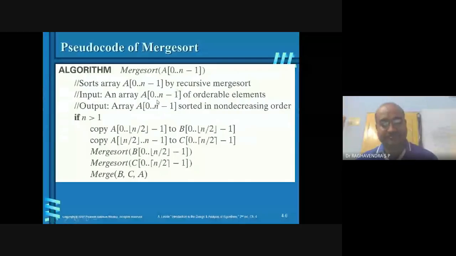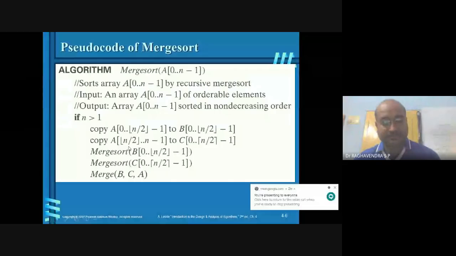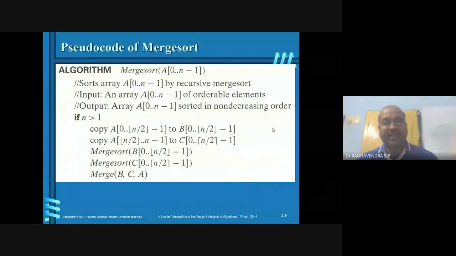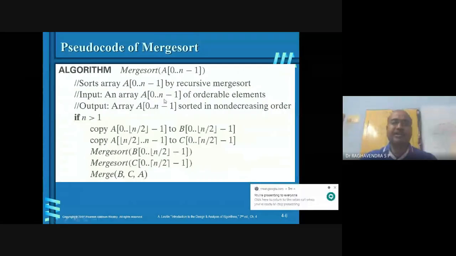Merge sort: A is the array, 0 is the starting position, n minus 1 is the end position. It sorts array A of 0 to n minus 1 by recursive merge sort. The input is an array and the output is also an array, that is, an ascending, non-decreasing array. If n is greater than 1, meaning the array contains some values,